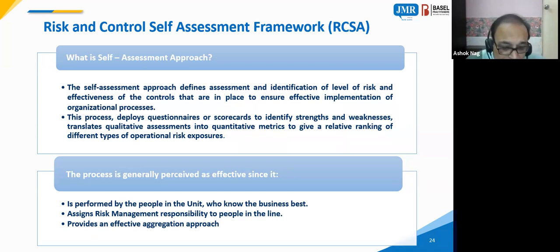The control owner has to self-assess, maybe every 3 months or every 2 months, that it is functioning. He can see that all the recording is legible, it is working fine. So that is an important control. If people know that CCTV is there, then they will be less prone or less interested to do any kind of fraud. So the control owner is self-assessing the control health, that it is working fine, there is no issue, and it is doing its job. This is called the self-assessment approach.